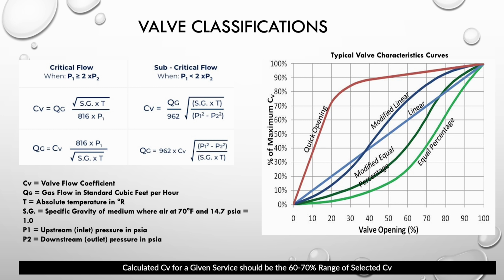So if that CV is 100, for example, when you open 90% of the valve, that means the CV is 90, and that's what linear means. It's basically a mirror image of the opening. Right. Now, there are cases where you want the process, and again, it's going to be dependent on the process